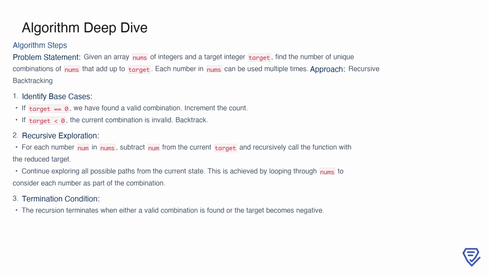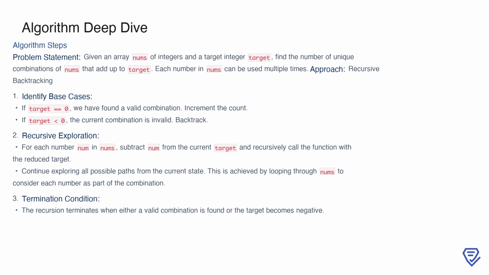Next, we handle the core of the recursion. For every number in nums, we subtract it from the current target and make a recursive call with this reduced target. This process explores all potential combinations by looping through nums and trying each number as part of the solution. The recursion stops when we either find a valid combination or the target becomes negative, ensuring that the algorithm terminates